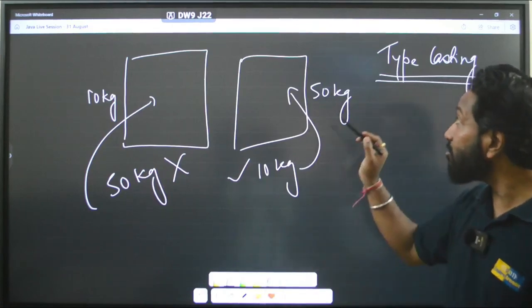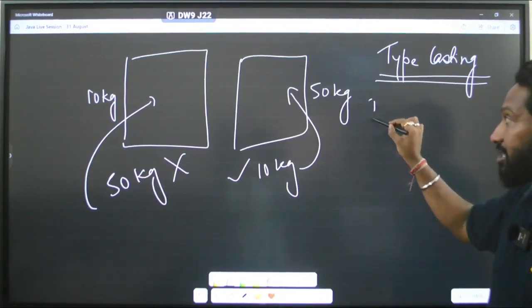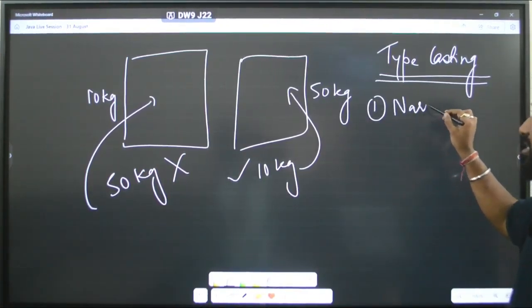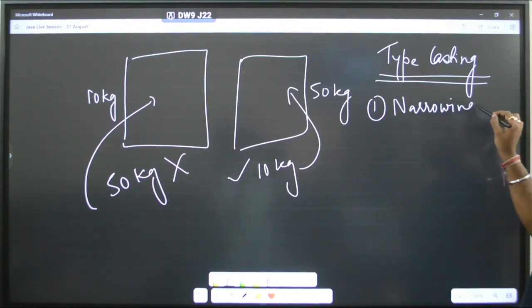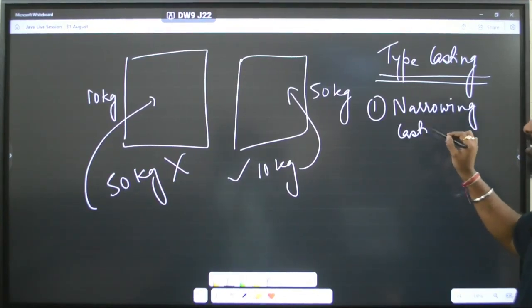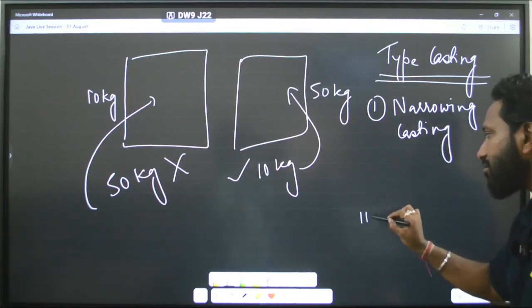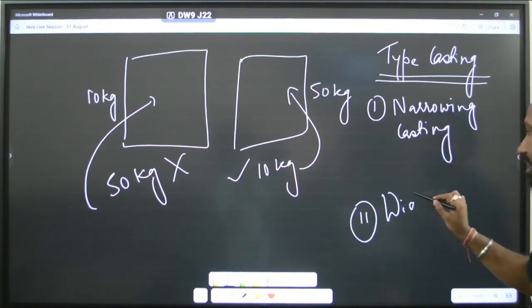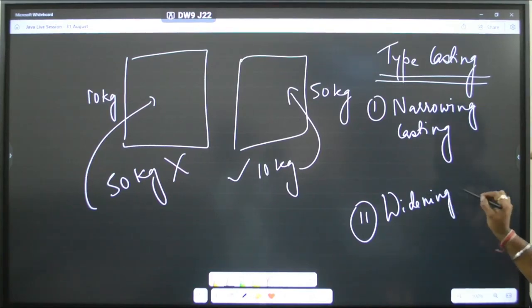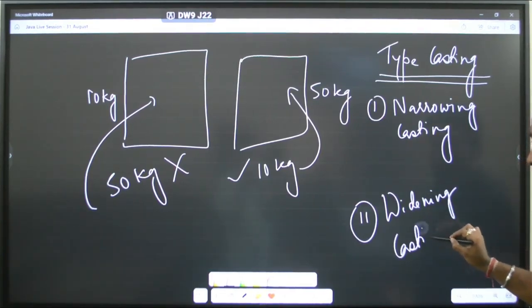So there are two types of typecasting. The first one is called narrowing casting. The second one is called widening casting. Got it?